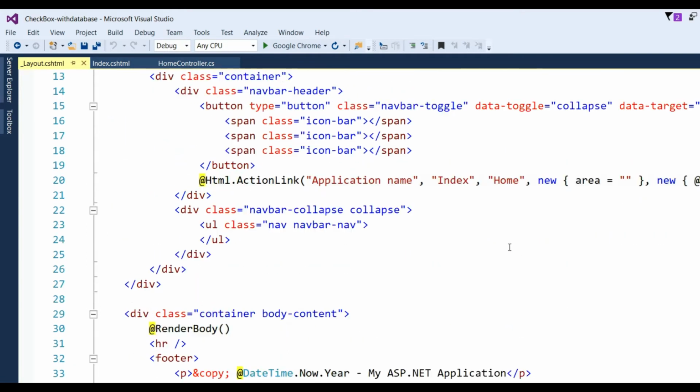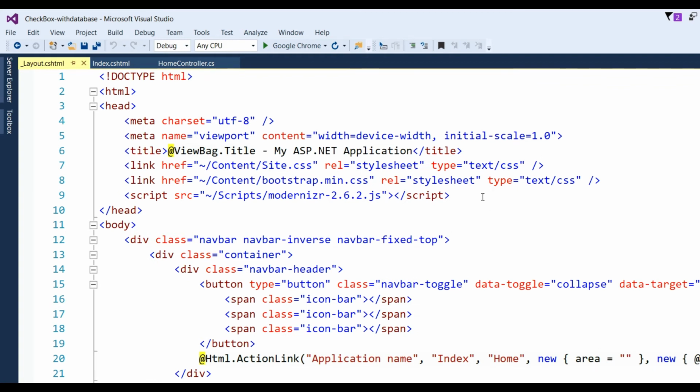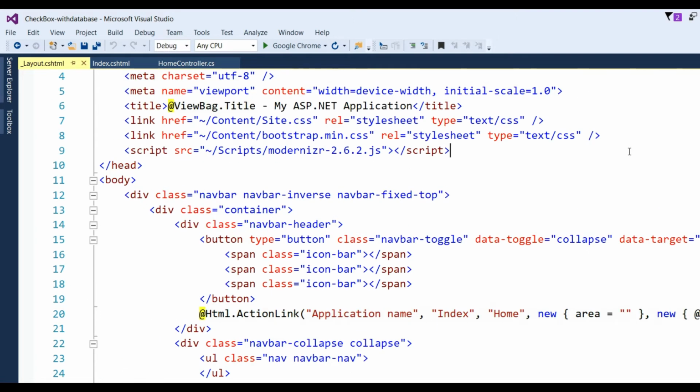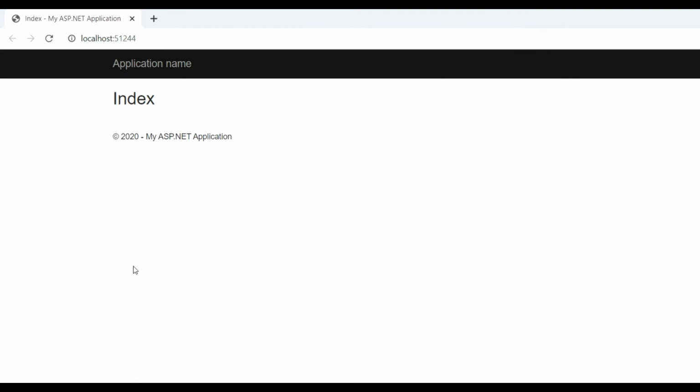Here you can see some internal code like JS and min CSS, bootstrap CSS and some min JS and bootstrap min JS also added here by default in MVC5. When we run this application, we will see nothing on the page, only index will be displayed, and there is the master application name, so the navigation bar will be displayed and there is some code in the layout page, so the footer part will be displayed here.